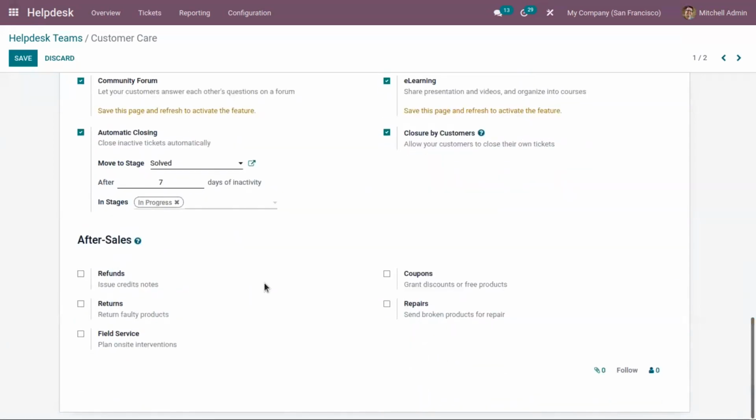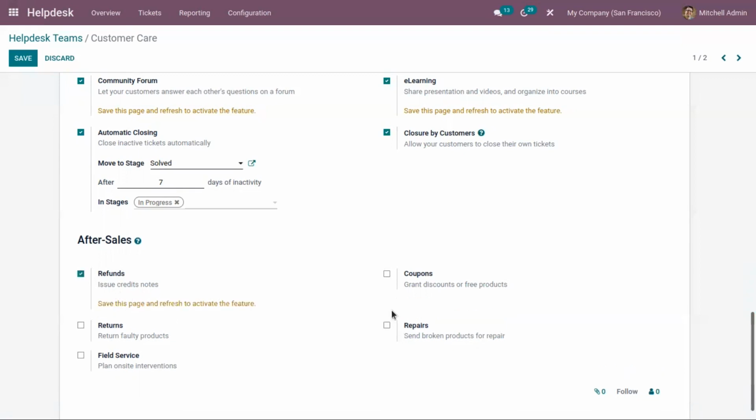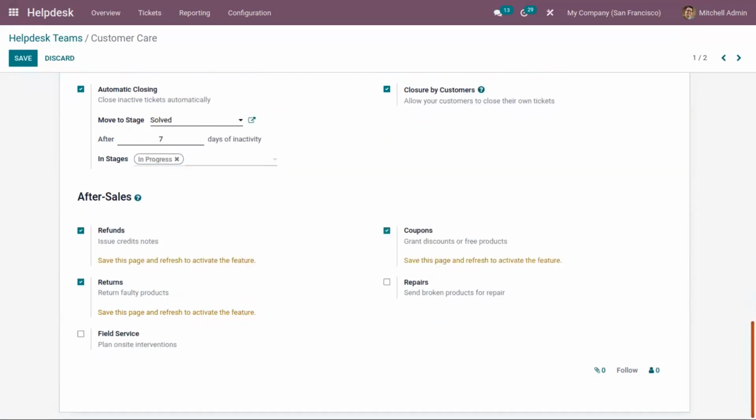For your team, you can also view some options related to after sales, like we can issue credit notes when there is a refund, and then we can return faulty products. Then we can grant discounts or free products to the customers. And we have a repairing service, that is, we can send broken products for repair